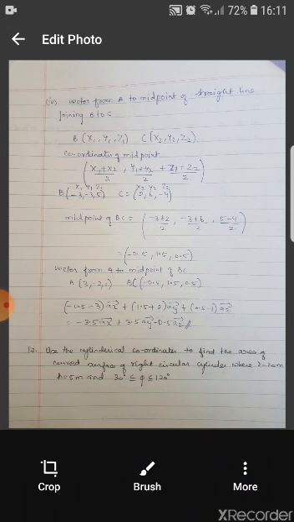And fourth one, you are asked to find the vector from A to the midpoint of the straight line joining B and C. So for that we have to find the midpoint of B and C. For finding the midpoint, you will be using the B coordinates and the C coordinates. The formula for finding the coordinates of the midpoint is x1 plus x2 divided by 2, comma y1 plus y2 divided by 2, comma z1 plus z2 divided by 2. So from this you will have your answer. The midpoint of BC will be minus 0.5, comma 1.5, comma 0.5.